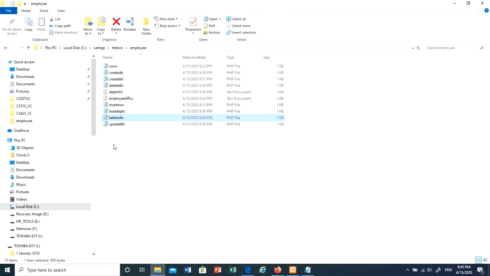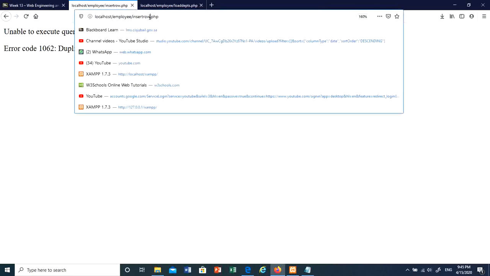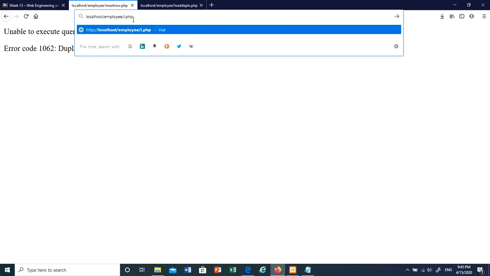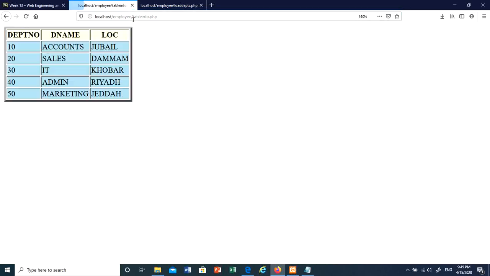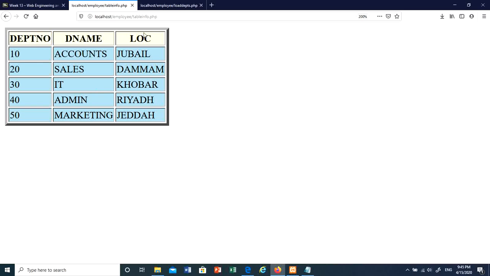What is the table name again? The file name is called table info. So here I have to execute table info.php. Here it is. So here is the table that you see light yellow background, and here this is my table with the light blue color. If I would like, for example, to delete this one, I would like to delete department number 30